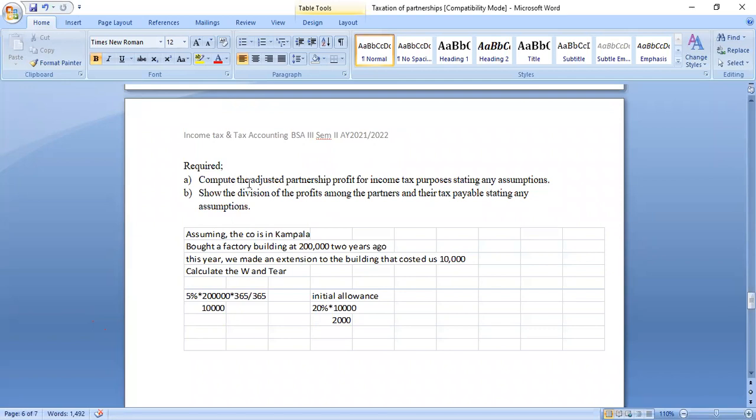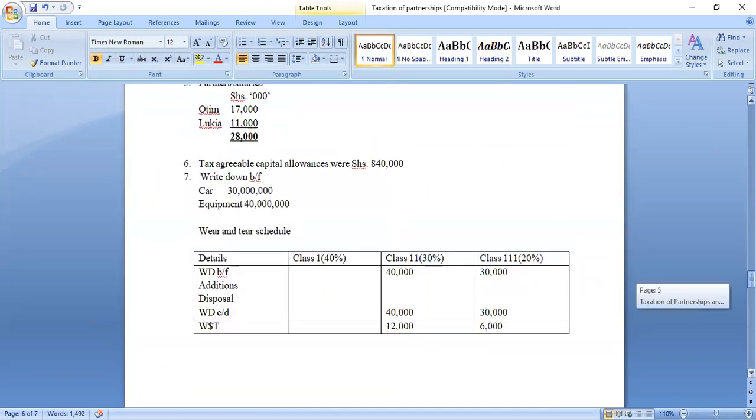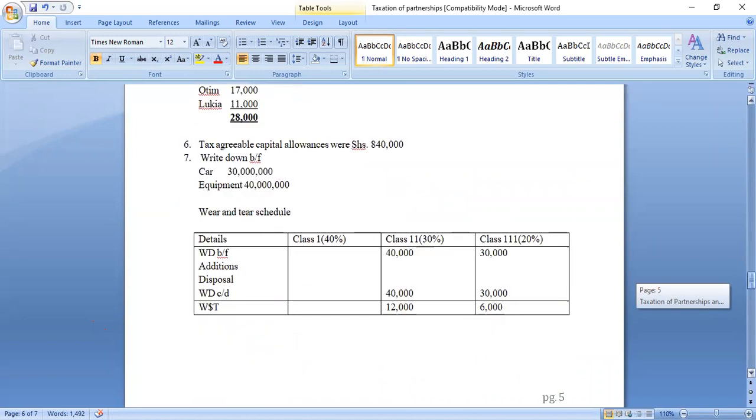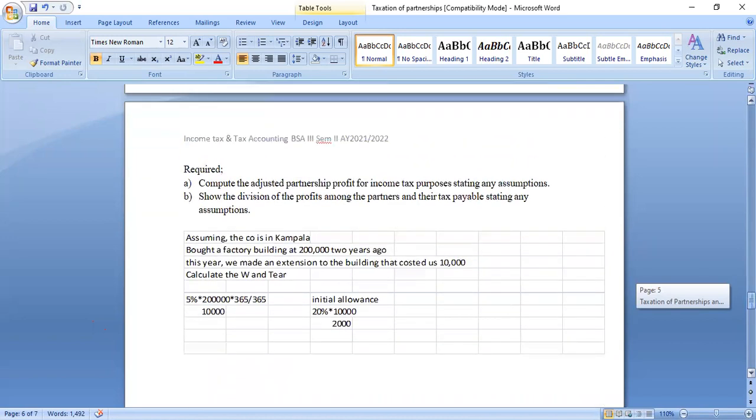If somebody is saying you compute the adjusted partnership profit for income tax purposes, what do you think he means? Clearly he means that you look at the first profit we got, if I'm taking the format that we had. Oh, I deducted it, sorry, I removed it. But here they're saying that's the profit where you, after adding non-allowables and removing allowables, that is the profit you're referring to by part A. That's what they're saying. Then show the division of profits among the partners and their tax payable,